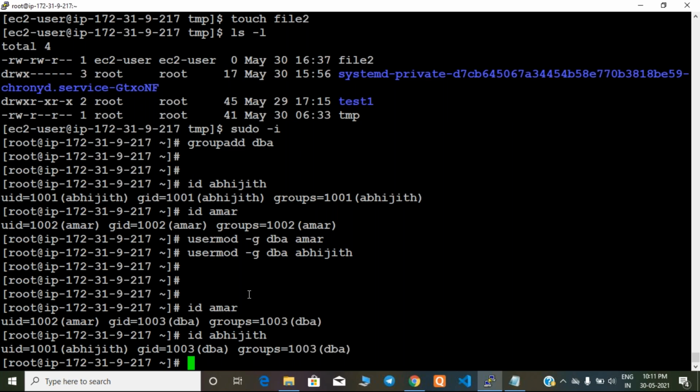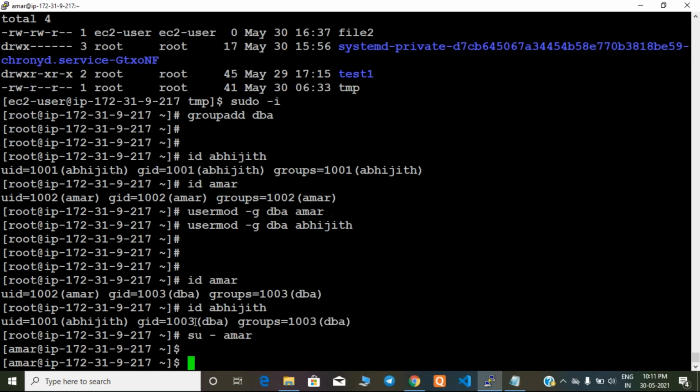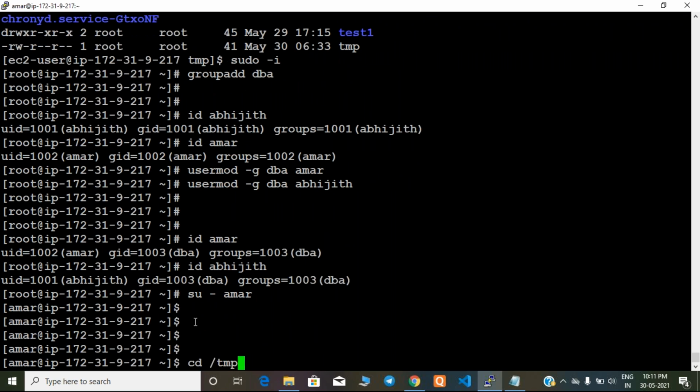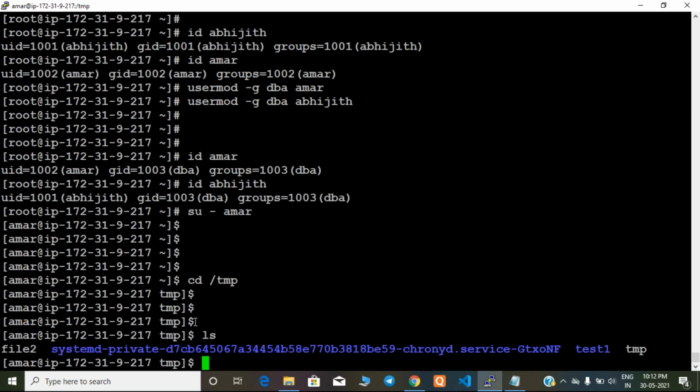Huh? Both will get ownership because they are in the same group. For example, let me switch to Amar. Now I'm the Amar user. Okay, now cd /tmp. Let me create a file here. So what files do I already have? Okay, touch file3.